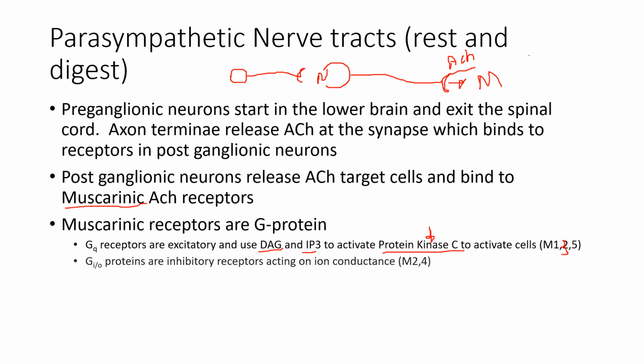So with these muscarinic receptors, if they're Gq, they are excitatory, and what they do is they can produce mucus secretion. They can cause cells to divide. They can cause certain hormones to be secreted, certain messages to be secreted to get the body to relax. Now these are all G protein